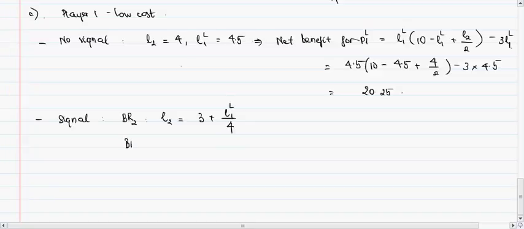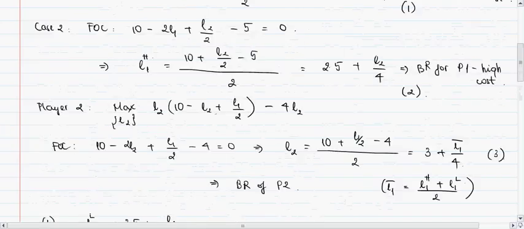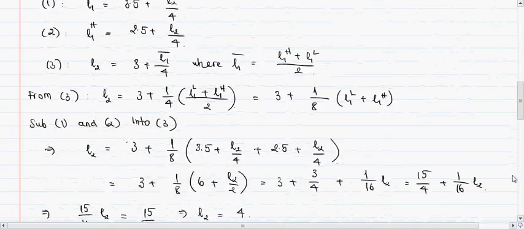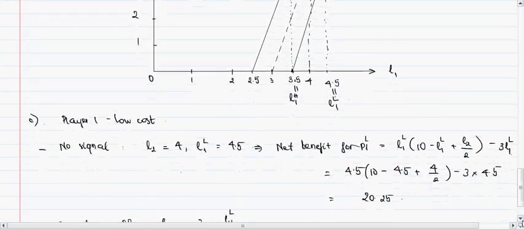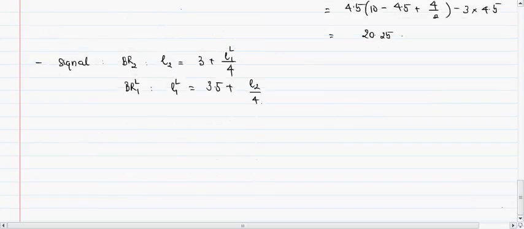Okay, and the best response for player 1 is going to be L1 low equal to (3.5 plus L2) divided by 4. Sorry, I just have to check that I got the right best response function for player 1. Okay, that's right. So we have two best response functions, and you'll be able to find the values of L1 and L2 in this case. Alright, so I'm solving these two equations simultaneously,